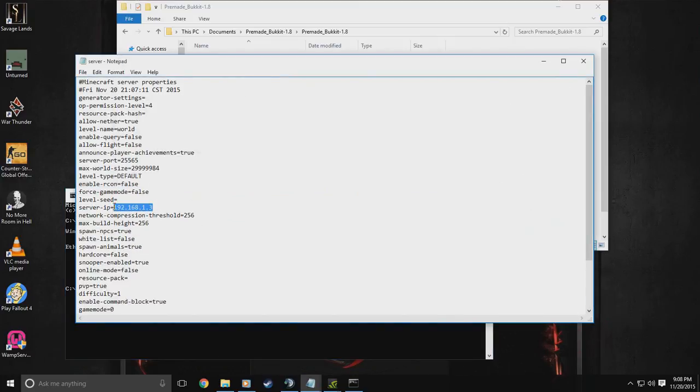Change yours to whatever it is. It'll be 192.168.1.3 or 10 point something. Whatever it is, put it in here. Keep your height blocks the same, but if your friends want to join that don't have Minecraft and they're going